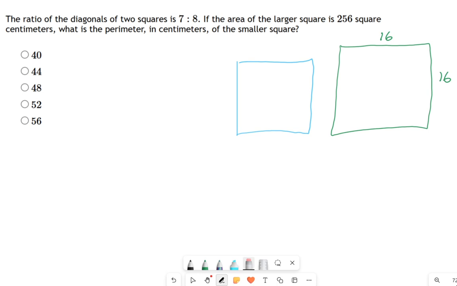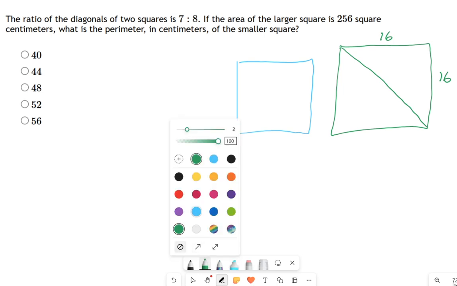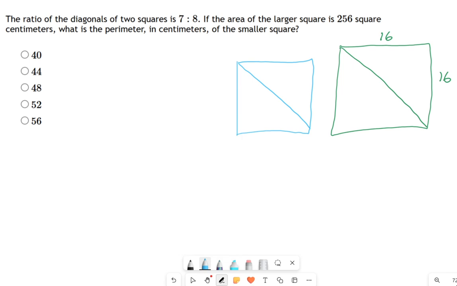Now, how do we deal with this ratio information? Well, what that's telling us literally is that this diagonal length right there is a little bit bigger than the blue diagonal length here. And it can be a little complicated to think about the diagonals of a square, right? That gets into a little bit of trigonometry with square root 2's and 45-degree angles and blah, blah, blah. It's not important because if you know that the ratio of the sides, let's say it this way, short side